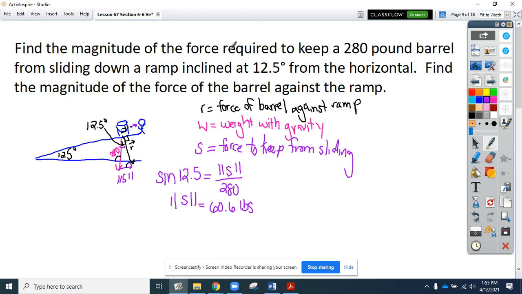And then it also says find the magnitude of the force of the barrel against the ramp. So the force of the barrel against the ramp, I called R, and it's in black. So now we're looking for this side, so we're going to use cosine. Cosine of 12.5 is the magnitude of that vector R divided by 280. Why is that? Because cosine of the angle is the adjacent over the hypotenuse. I plug that in my calculator and I get